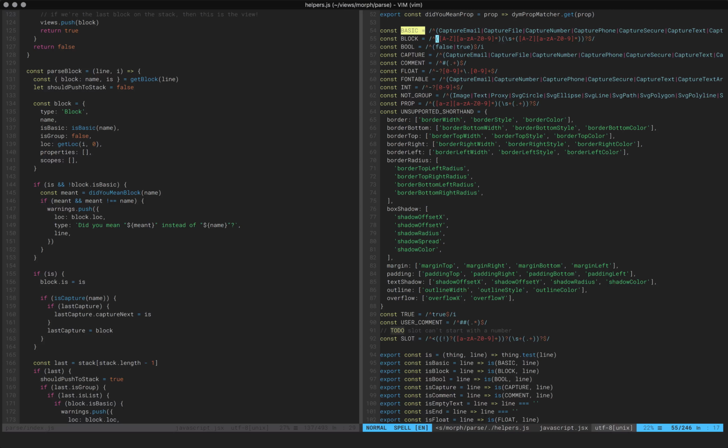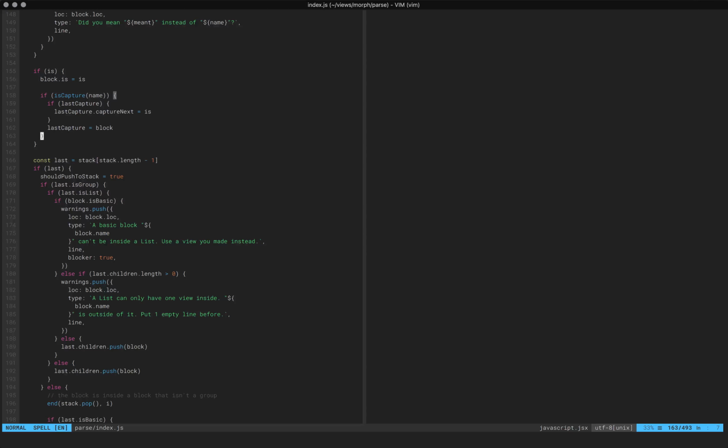If you have some doubts around the regex, just give me a shout and we can go around them. Basically, a basic block is anything that starts with an uppercase letter, and then is followed by any sequence of letters and numbers. And after that, there is a space, and then we have potentially a second part that is exactly the same type of regex, but what it gives us is if that value is defined, we get a type, and that's it. So then once we're here, we check whether the block is basic or not, and we do a couple